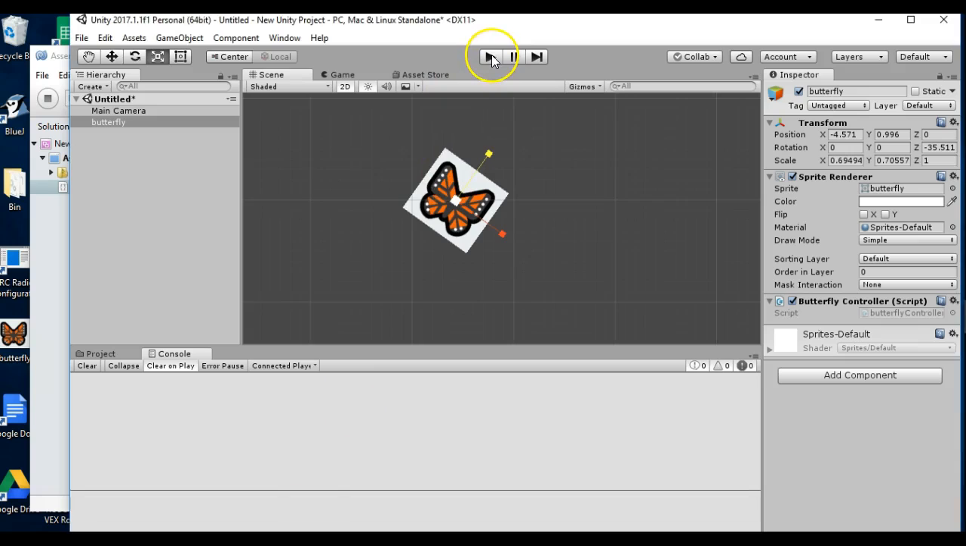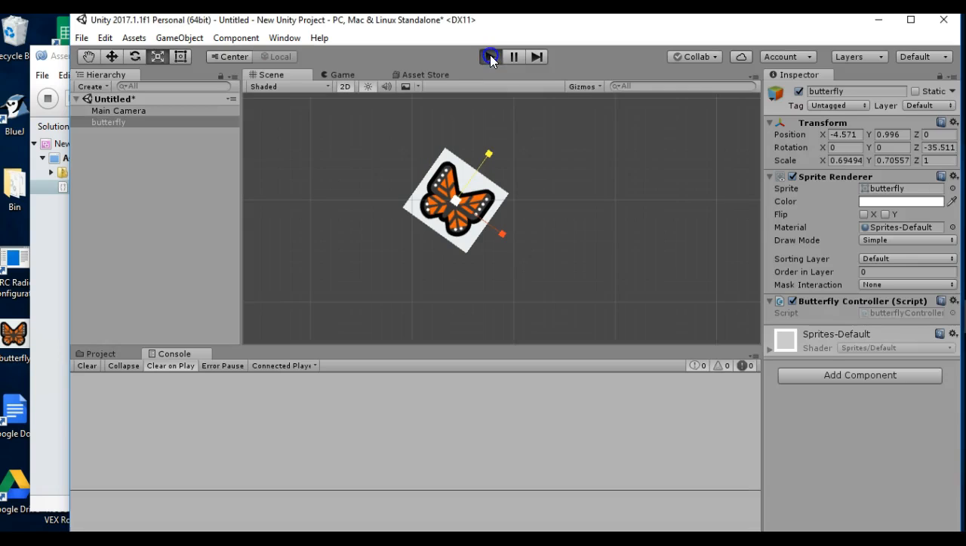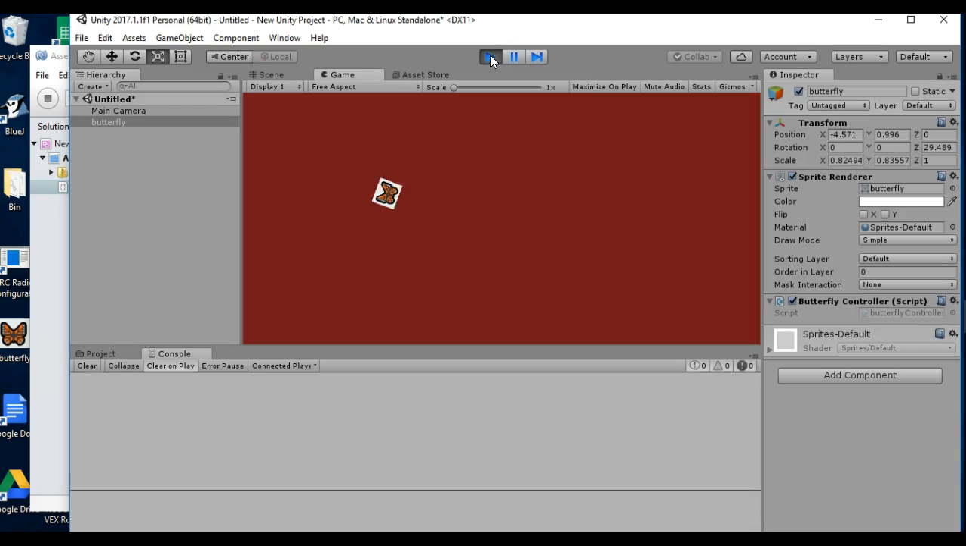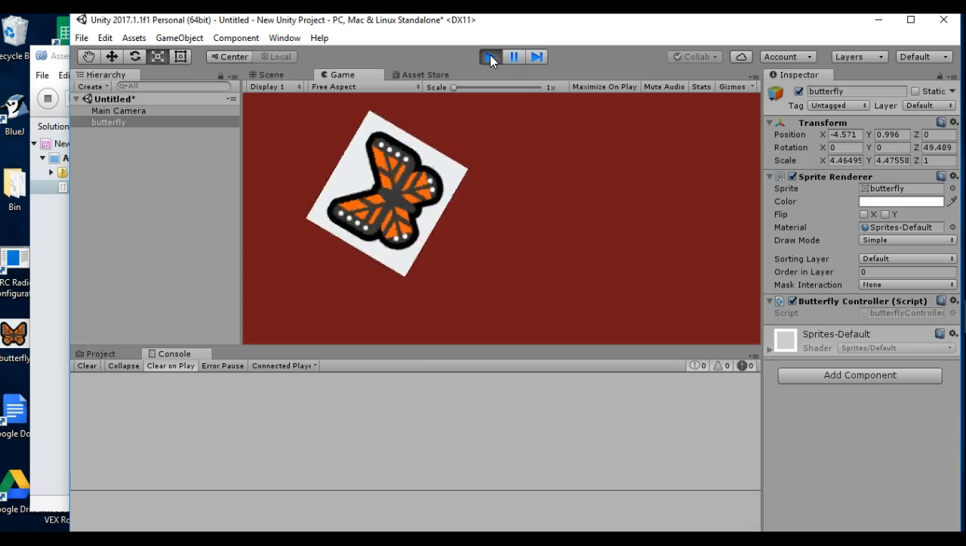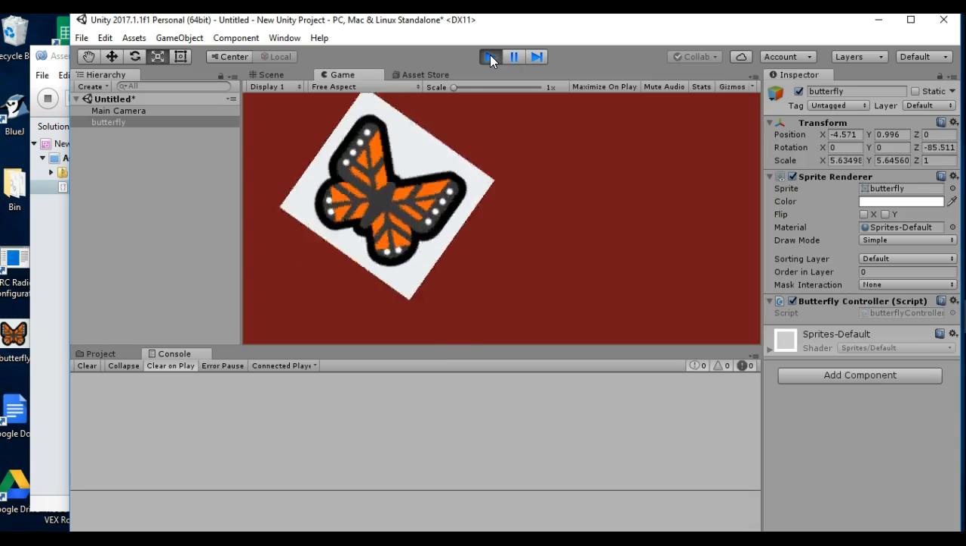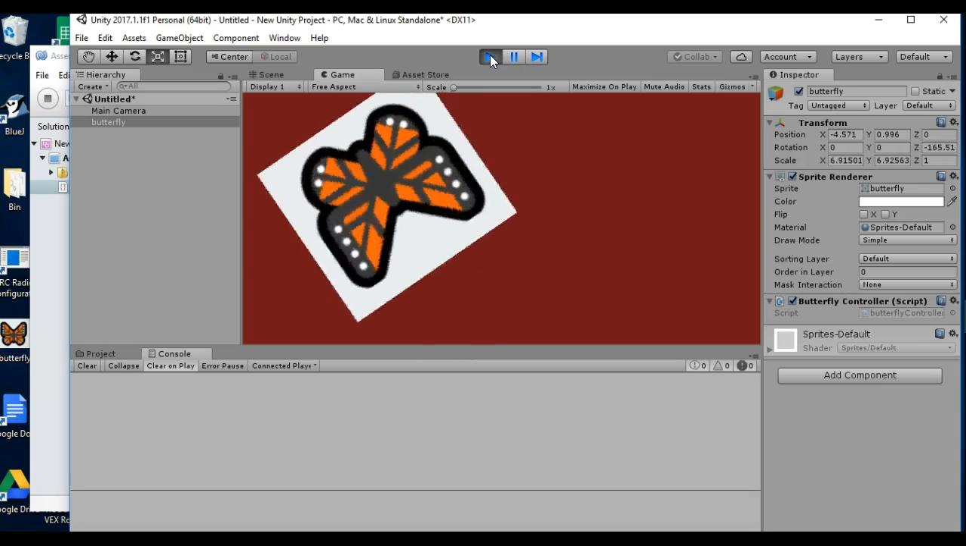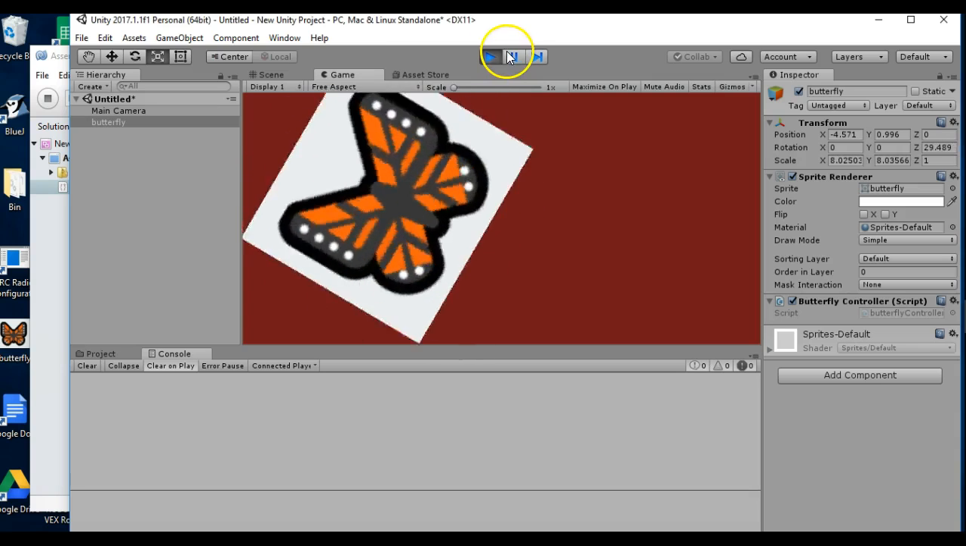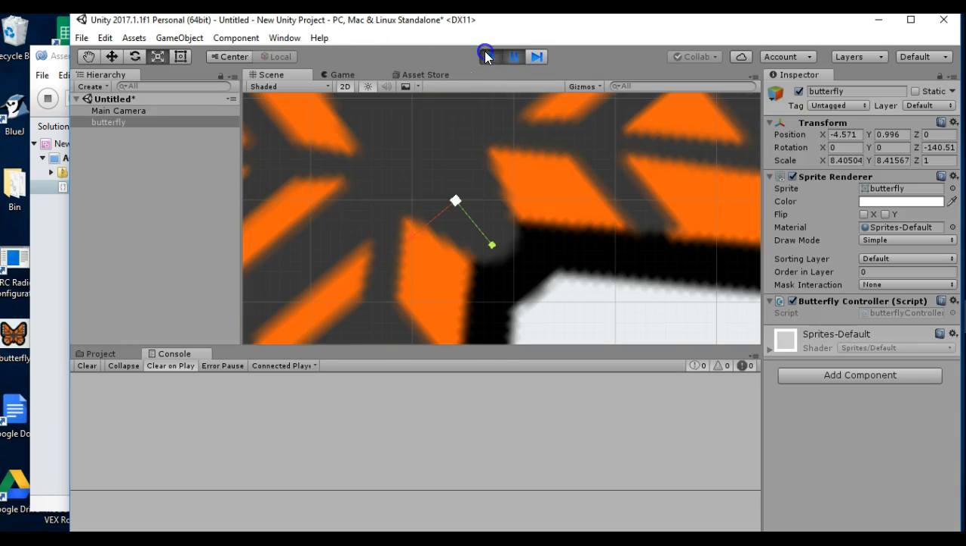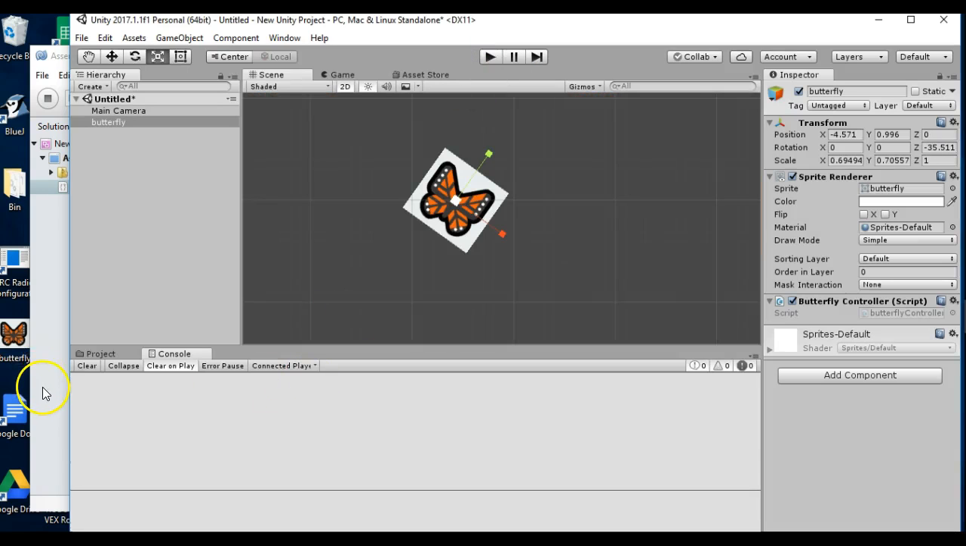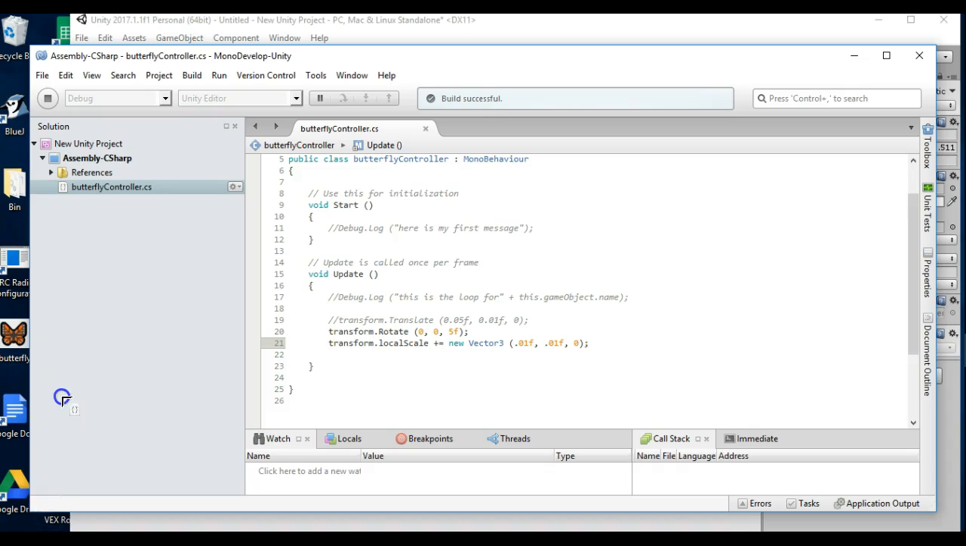and run. And see, the scale's going up a little bit each time as it's rotating, and bigger and bigger. And we're in a forever loop, so it will do it forever until I pause or stop. All right, that's your first moving